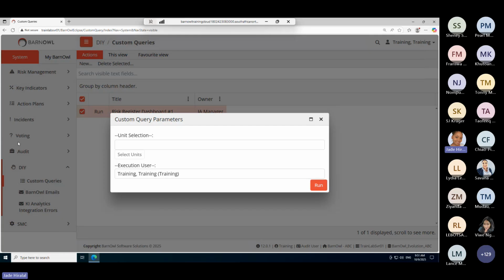Okay, all of your custom queries are listed on this page under custom queries. We have this very useful custom query called Risk Register Dashboard, which is the one that I've just clicked on. And that is available to all of our web users. If it's not displayed in your custom query section when you log on to your web version,